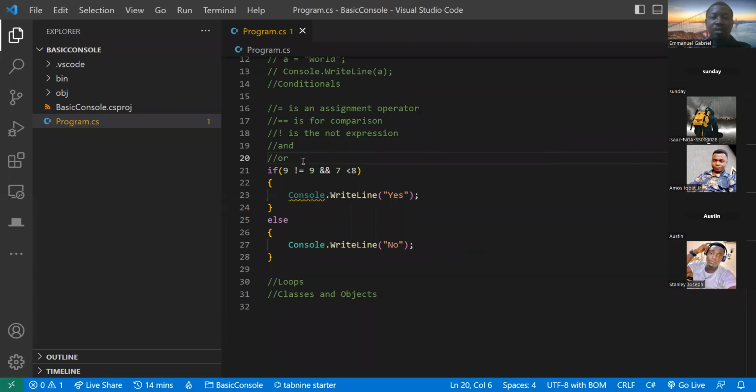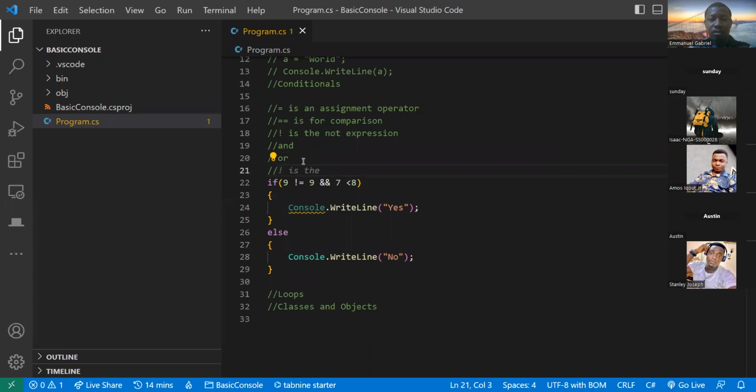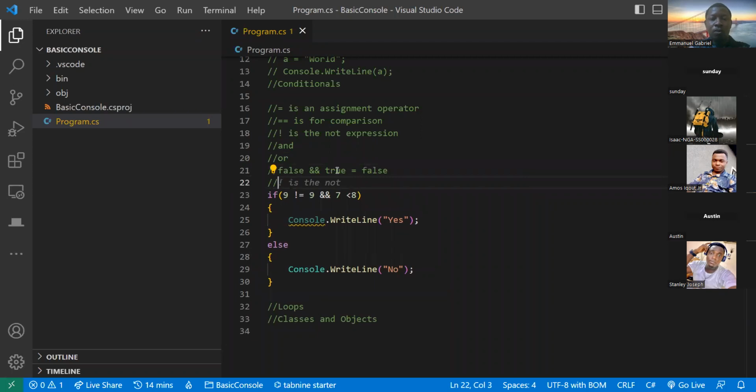So it's more like saying false and 7 is lesser than 8, true. So this condition is false and true. Because it's an AND operator, this is going to translate to false. Now, what's true and true going to translate to?